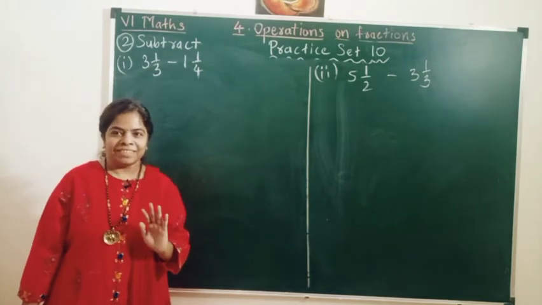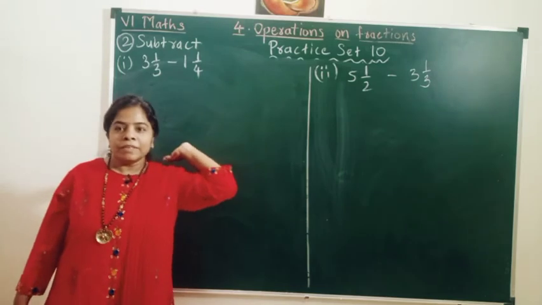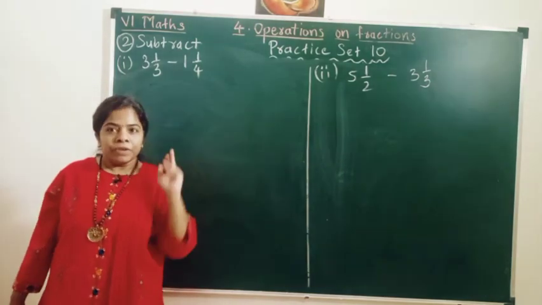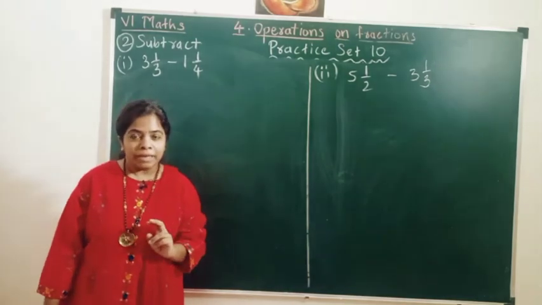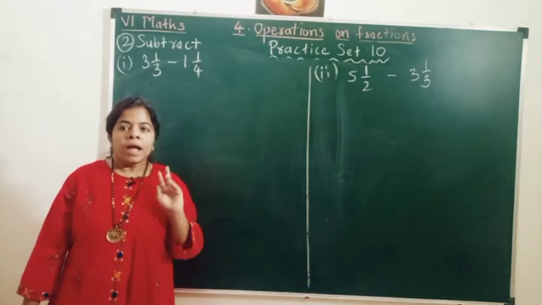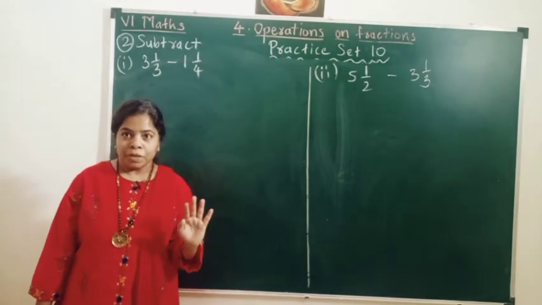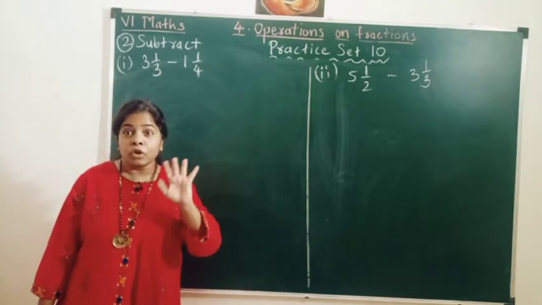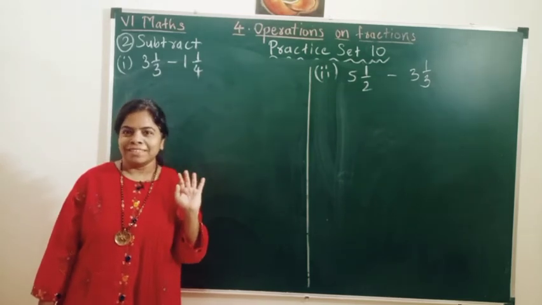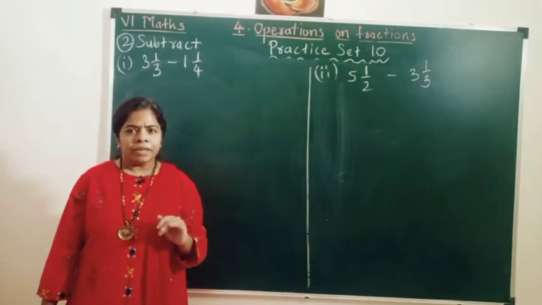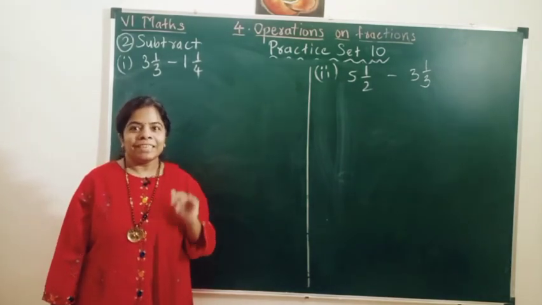Just that difference. So children, here again we'll observe the denominators, which I see are not the same. We are always asking ourselves two questions. Are the denominators the same? No. Are the denominators coming in the same table? No. Then we straight away cross multiply if the answer is no for both questions. But before that we convert the mixed fractions into improper fractions. So let's do that.